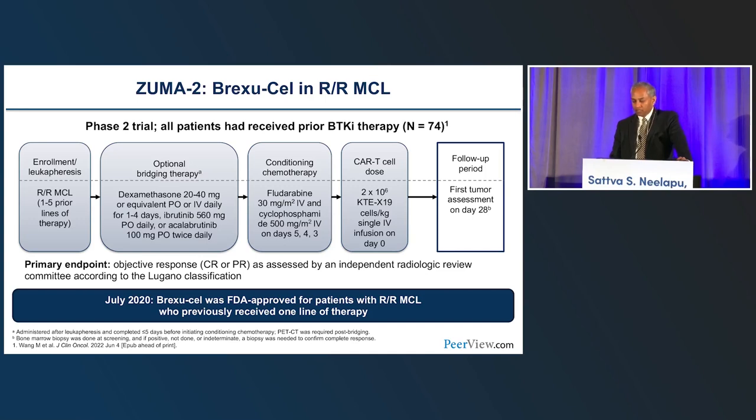And once the product has been generated, they received conditioning chemotherapy with cyclophosphamide and fludarabine, followed by a single dose of brexu-cel at a dose of 2 million CAR-positive cells per kilogram body weight. And the first tumor assessment was done at day 28. The primary endpoint for this study was objective response rate, as assessed by independent radiological review. And as you will see, based on the data from this trial, brexu-cel was FDA approved for relapsed refractory mantle cell lymphoma after 1 line of therapy in July of